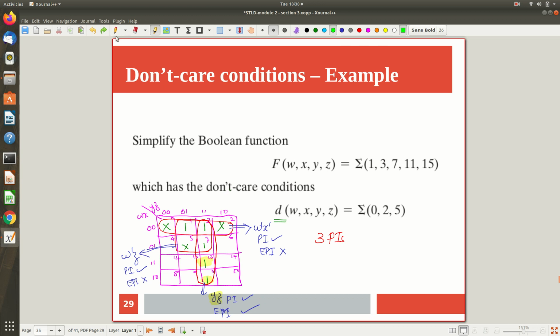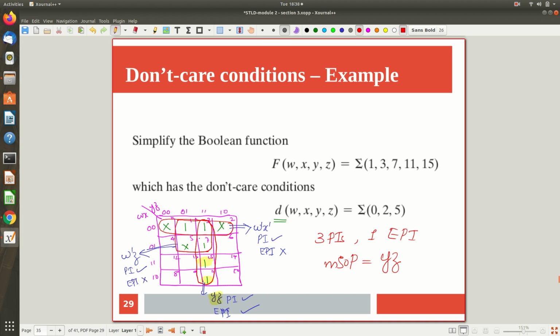So what we concluded is there is only one essential prime implicant, and there are 3 prime implicants. Now tell me what is the minimum sum of product expression corresponding to this. In the minimum sum of product expression, definitely you are going to write the essential prime implicant, and tell me what is that, y z, is it? So when you write this y z, these two ones are covered. Now consider only those prime implicants that cover